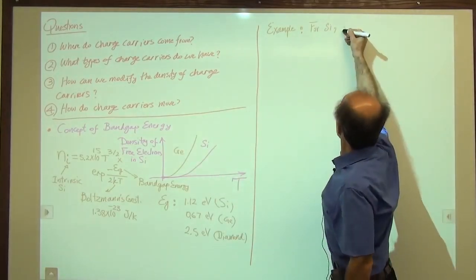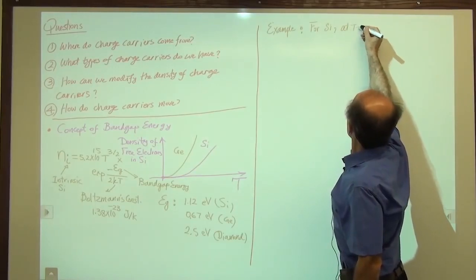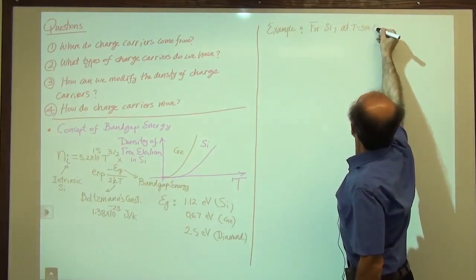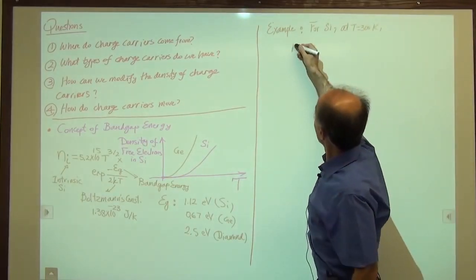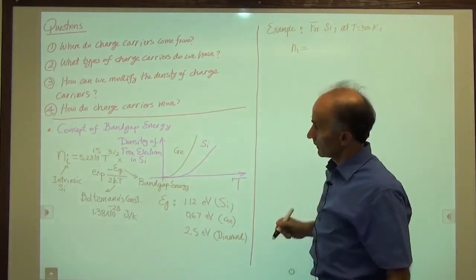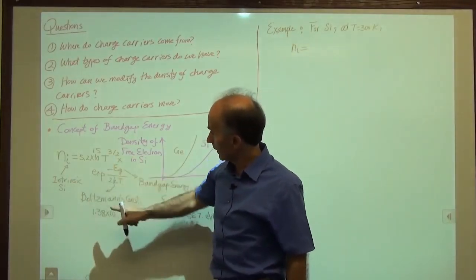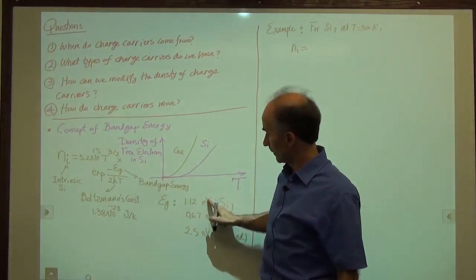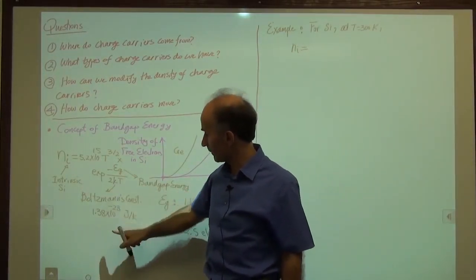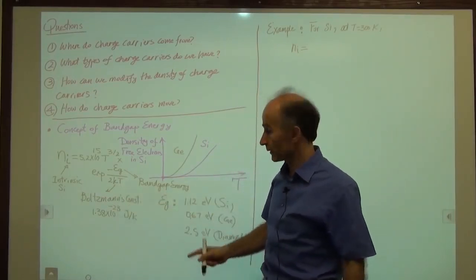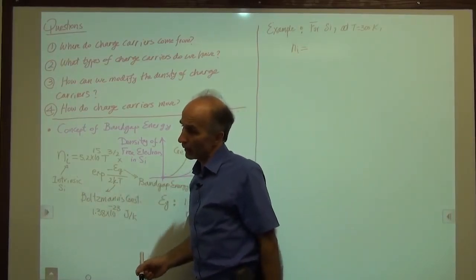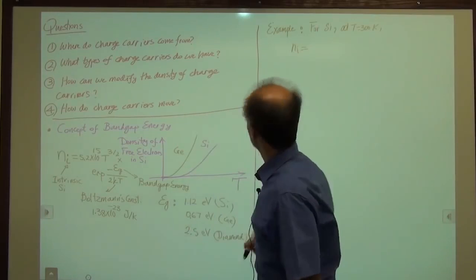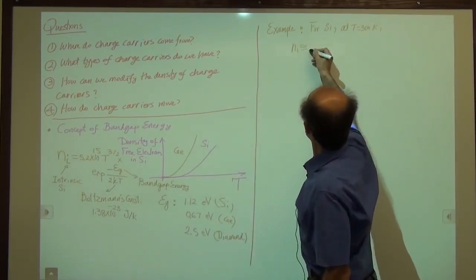So at T equals 300 Kelvin, we have Ni equals, so we place 300 here. Eg is 1.12 electron volts. You have to worry about these units, etc. K is this much, T is 300, do the calculations, and Ni comes out to be approximately 10 to the